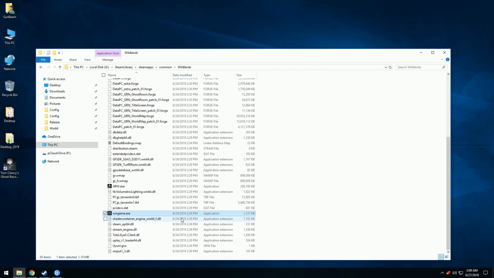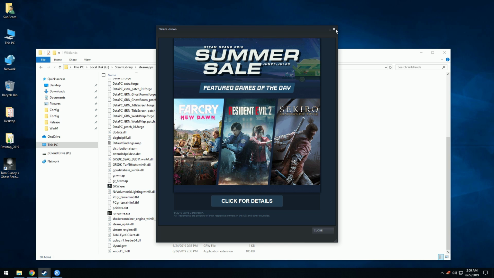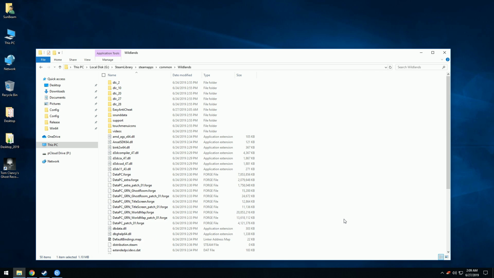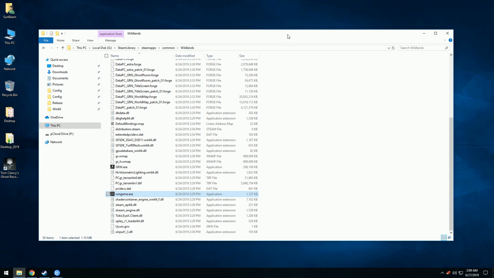So that being said, what we want to try is to get the game to load without a command line, or at least with some command line that would skip all of the easy anti-cheat launcher and checks and stuff like that. Oh, okay. Thank you, Steam. So considering there are two clients that we have to deal with, and the executable